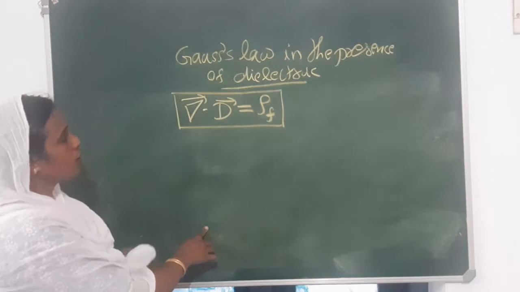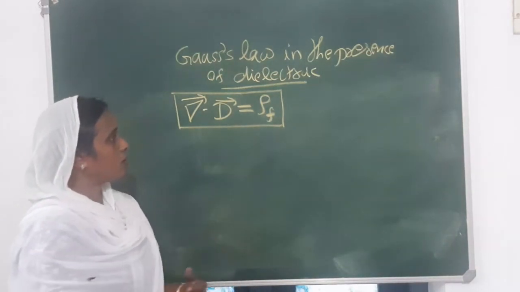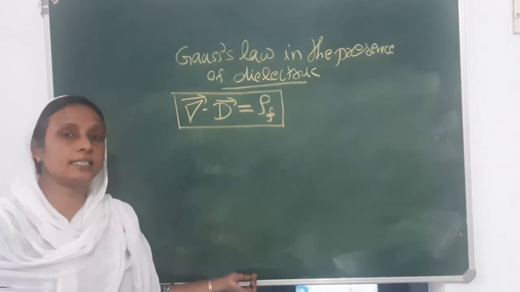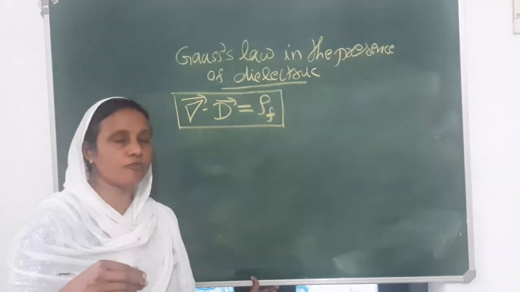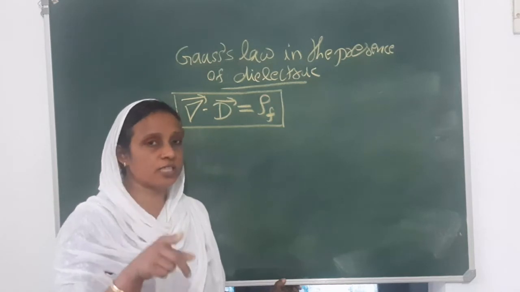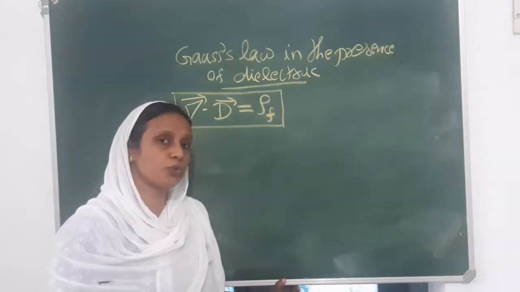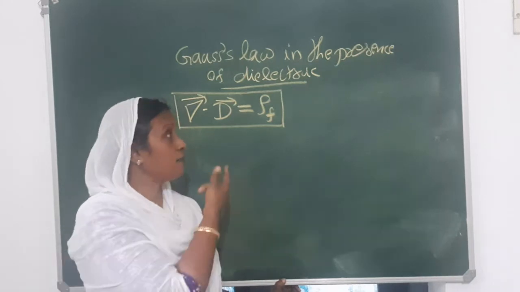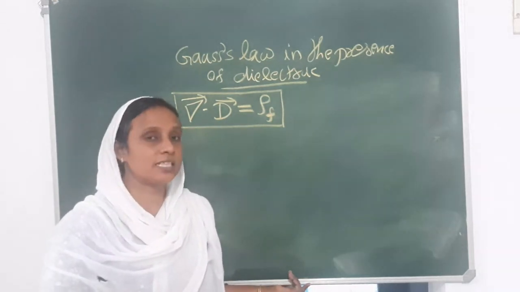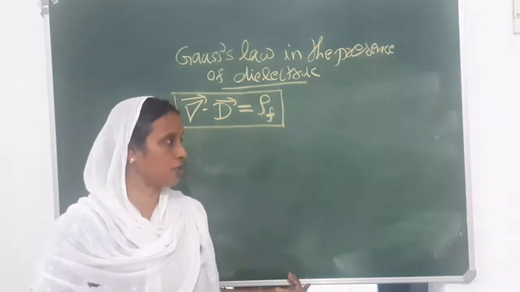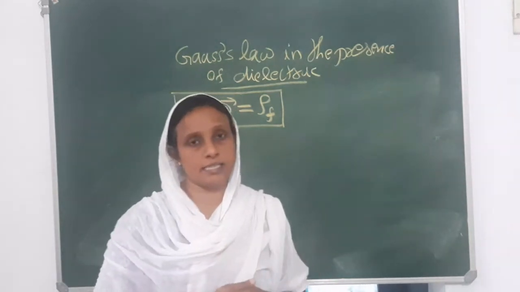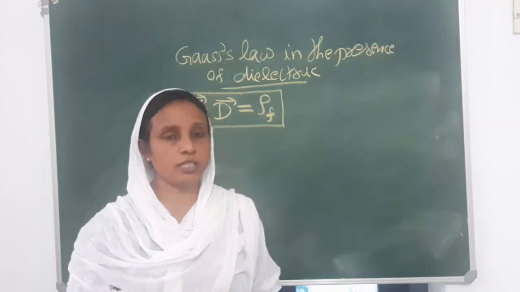Now you may think about what happens to the surface charge density. We already learned that the polarization of a material can be described by two terms. The polarization due to surface charge density plus polarization due to volume charge density. In this analysis, we used only the volume charge density. So what happens to the surface charge density? That is the question. The thing is that the volume charge density, the bound charge density,